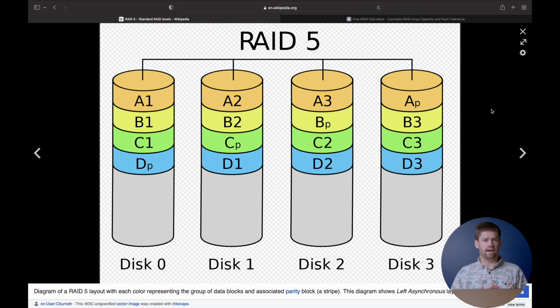The way RAID 5 works is RAID 5 allows you to lose one disk and still rebuild the entire array, and it also takes away that one disk of storage capacity. So it's pretty simple to understand. So you can lose any one disk in a RAID 5 array, and you will still be able to recover